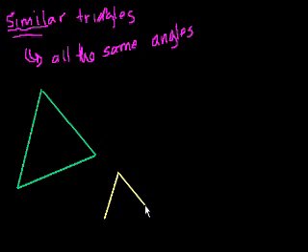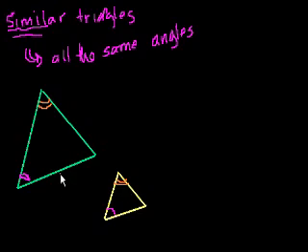One way I like to think about similar triangles is that they're just triangles that could be scaled up or down in size, or flipped around, or rotated, but they all have the same angles, so they're essentially the same shape. For example, in these two triangles, if I were to tell you that this angle is equal to this angle, and I told you that this angle up here is equal to this angle,